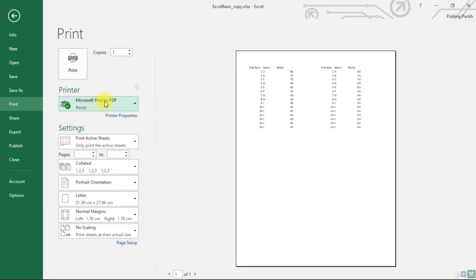Excel shows the first page exactly as it will be printed on the right. To see other pages, use the page controls along the bottom of the preview pane. Print preview is certainly useful, but you may prefer the page layout view instead. Let's see what that is.